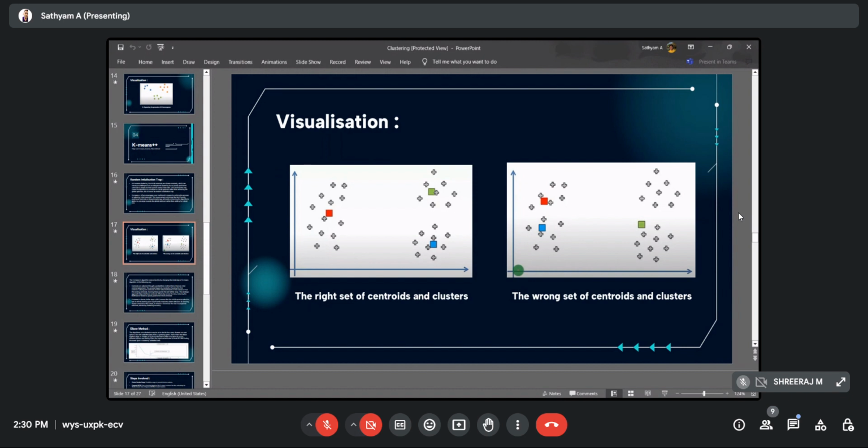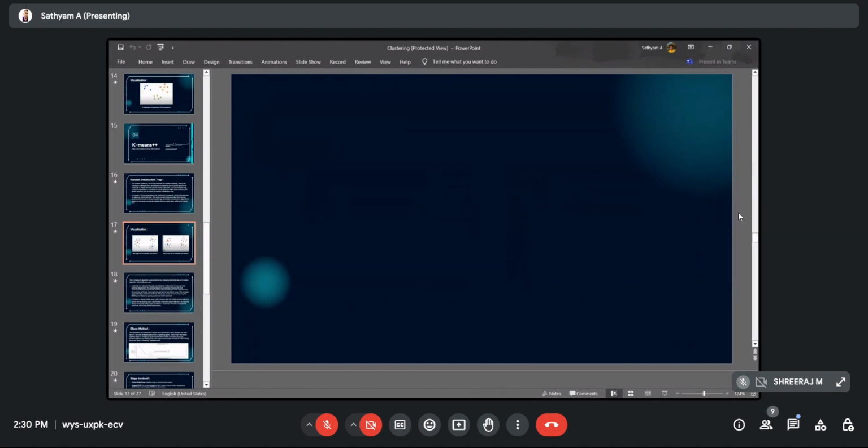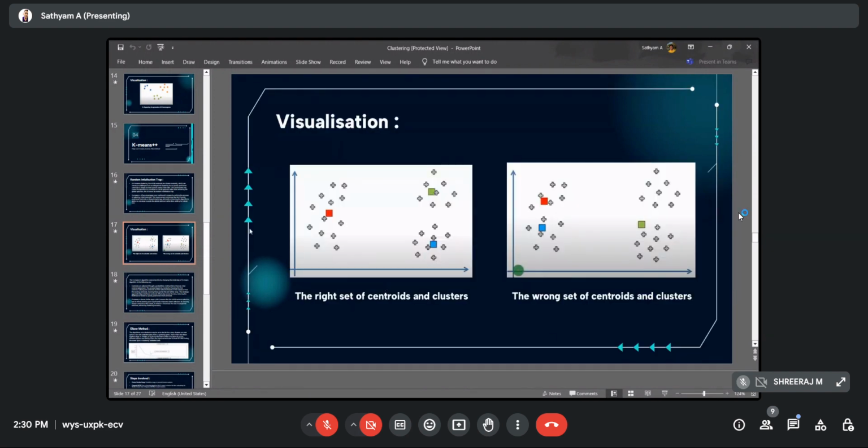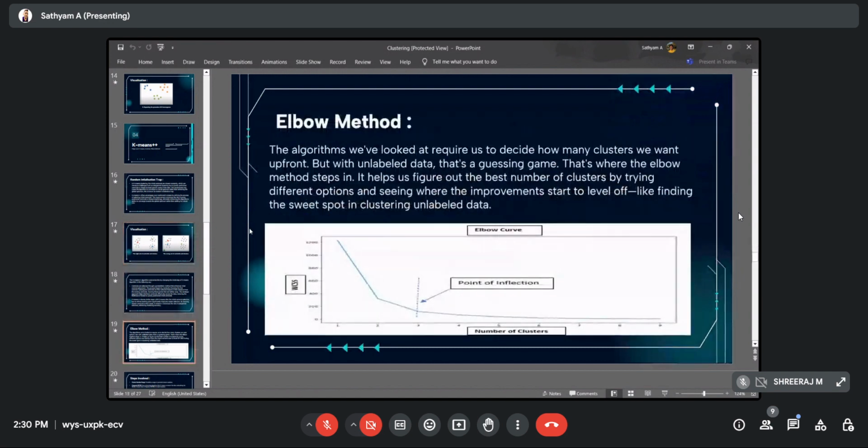Now let's come to the next part, that is how do we select the value of k. So let's see this part. There's something called the elbow method. What the elbow method does is,